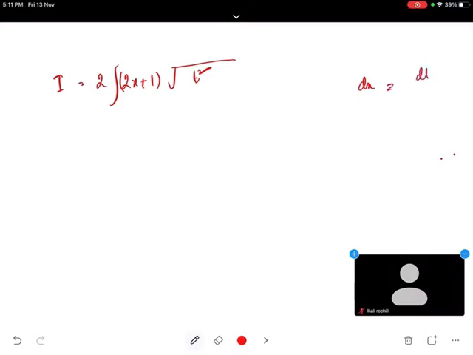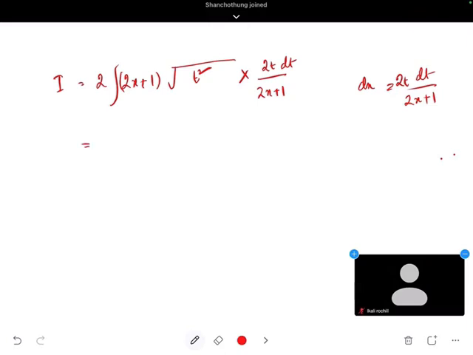It was dt divided by 2x plus 1, right? Yes or no? I forgot actually. So it was dt divided by 2x plus 1. There was 2t also. I'm sorry. So we have 2t in the numerator also. We had 2t dt divided by 2x plus 1. This one we had. So let us start with this one.